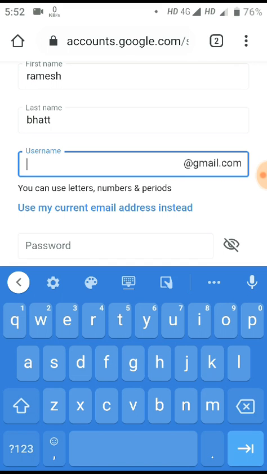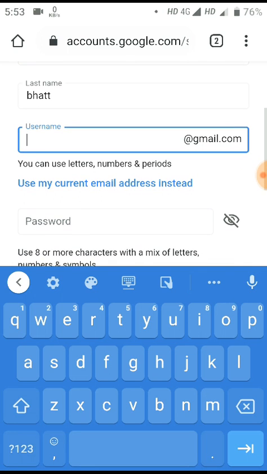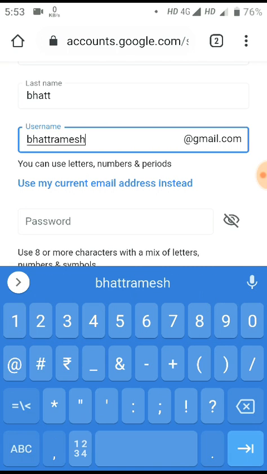So you have to create a unique username which does not exist. What I am doing, you can try also: I am using my surname first, then my first name, then my complete date of birth. You can use anything else also.